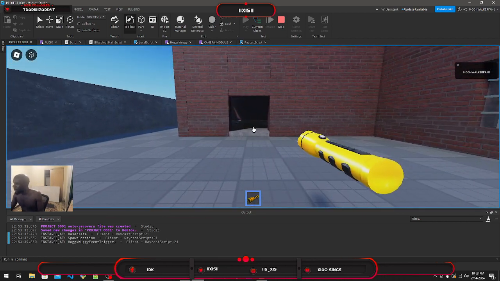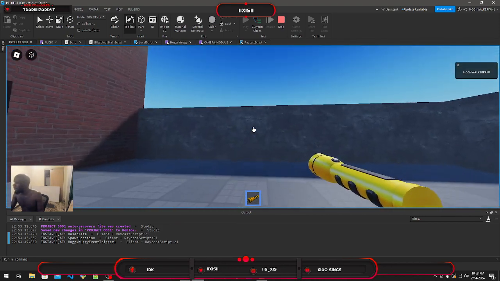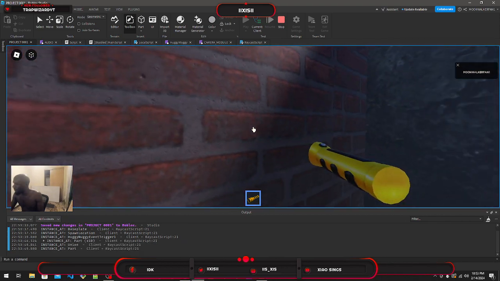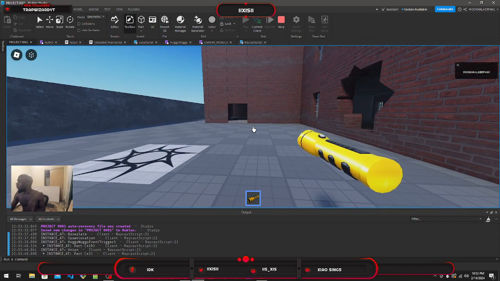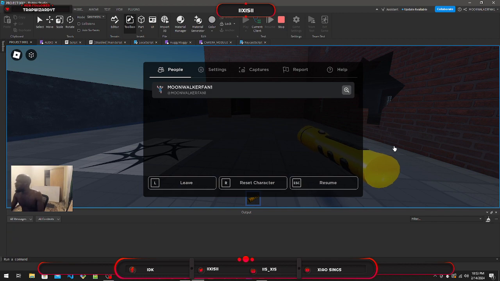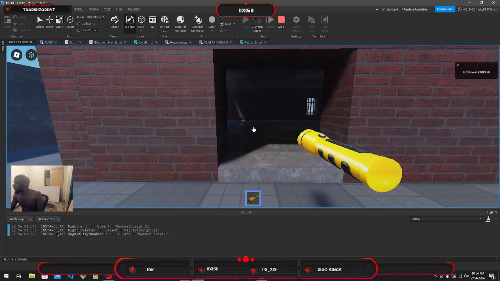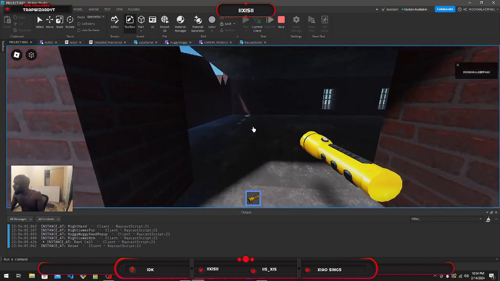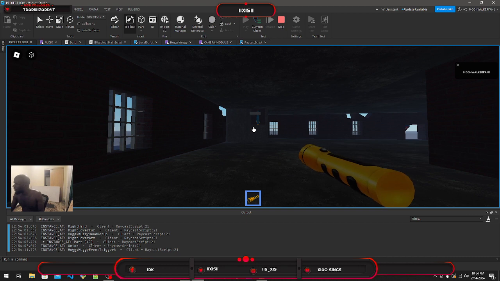Okay, so you can see now it's only printing what I'm looking at only one time, basically. Because there are a lot of parts here, it will print what I'm currently looking at, but it's only going to print that one time, which is good, and will also save resources and memory. So you can see now I'm looking at huggy wuggy puppet, and parts of it, but that is only being printed one time. And if I look at one of the parts here, there we go, you can see, yeah,